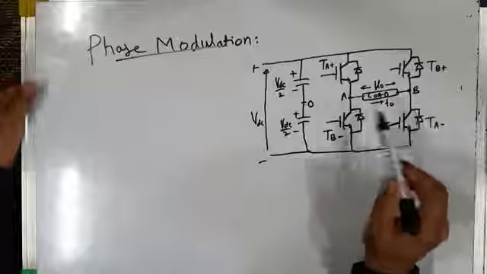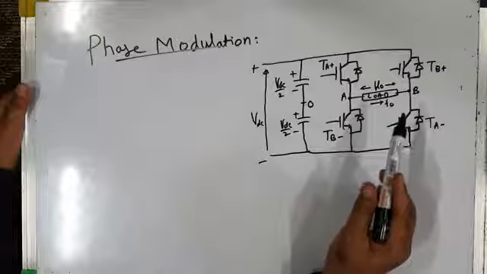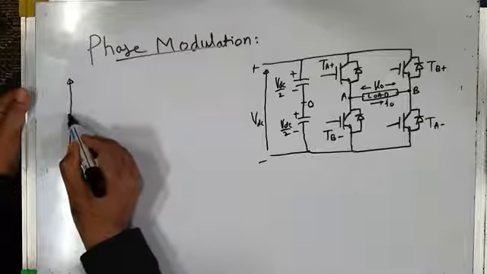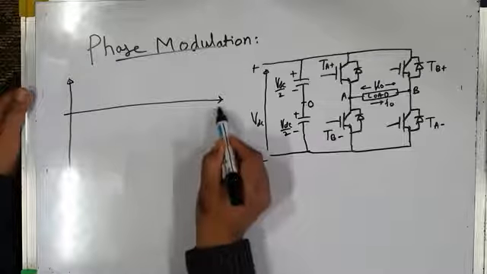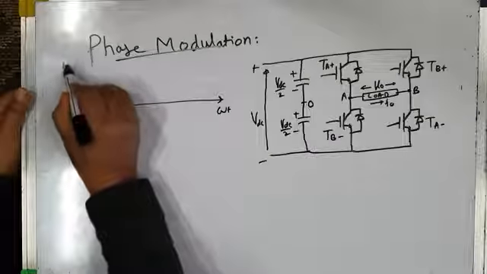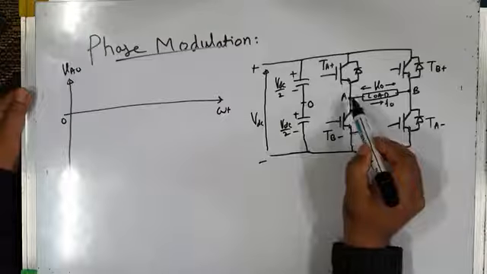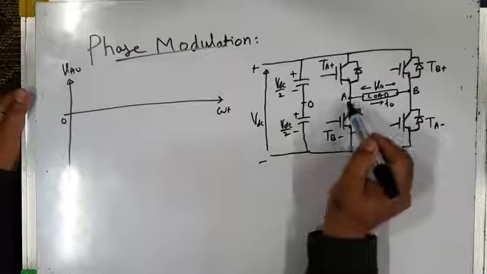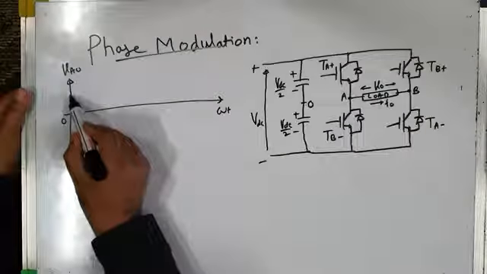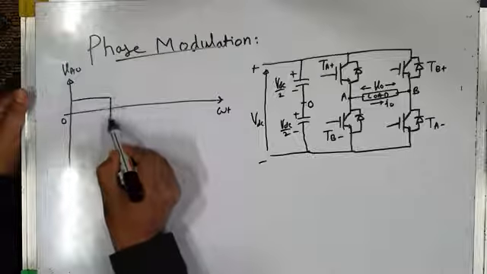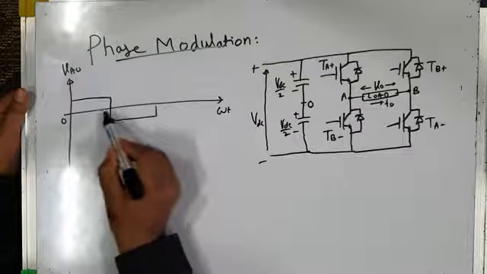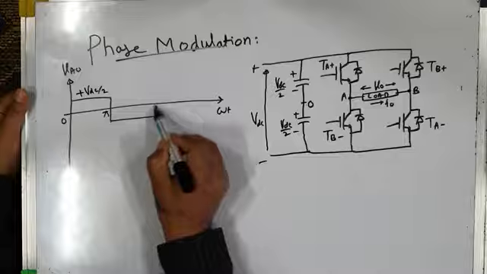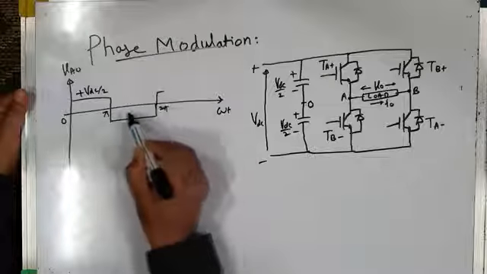We already know about the square wave operation of this inverter. In square wave operation, the pole voltages are like this. This is, for example, pole voltage VAO, the voltage of this pole with respect to the midpoint of DC bus capacitors. VAO is pole voltage, so it is like this. It is plus VDC by 2 and minus VDC by 2. From 0 to pi, it is plus VDC by 2, and from pi to 2 pi, it is minus